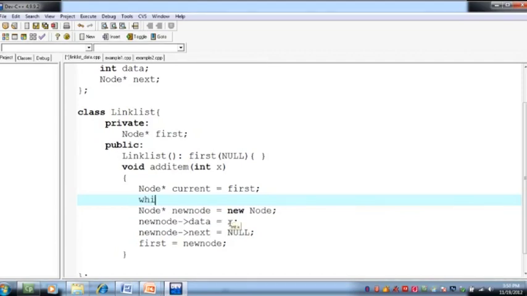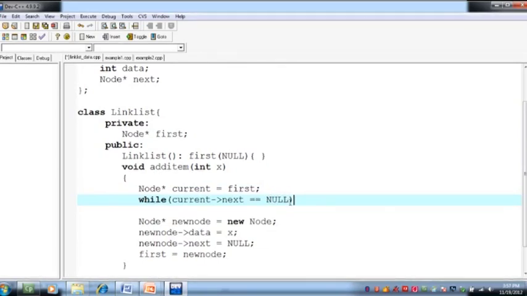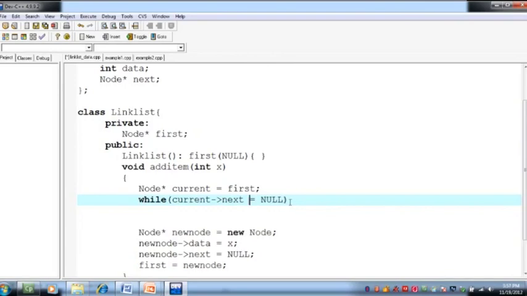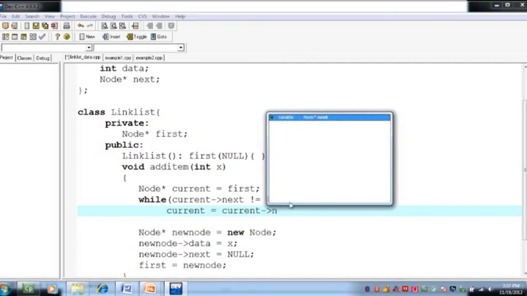So what we have is a loop: while current next, so current का हमने next pointer एक्सेस किया। current firstly किसको पॉइंट कर रहा होगा? First node को, because first pointer के पास एड्रेस होगा first node का, so current pointer is pointing to the first node। So first node का next को चेक किया, if it is equal to null, if it is not equal to null then we start moving further। So current is equal to current arrow next।